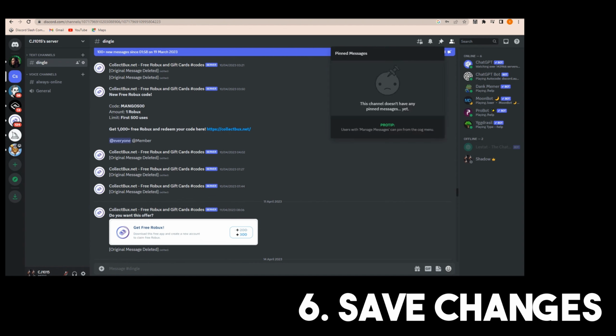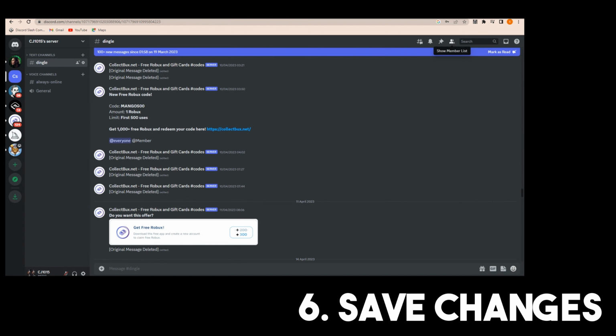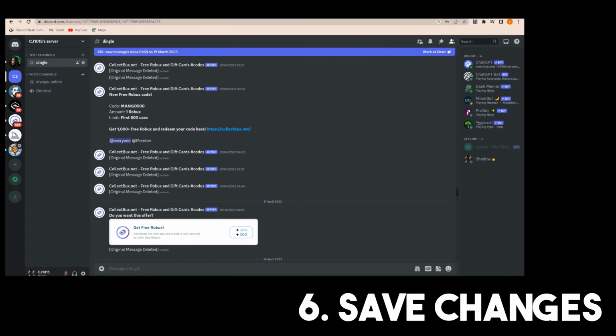Now you can make as many roles as you can on Discord. This is just a plainly basic tutorial on how to make a role